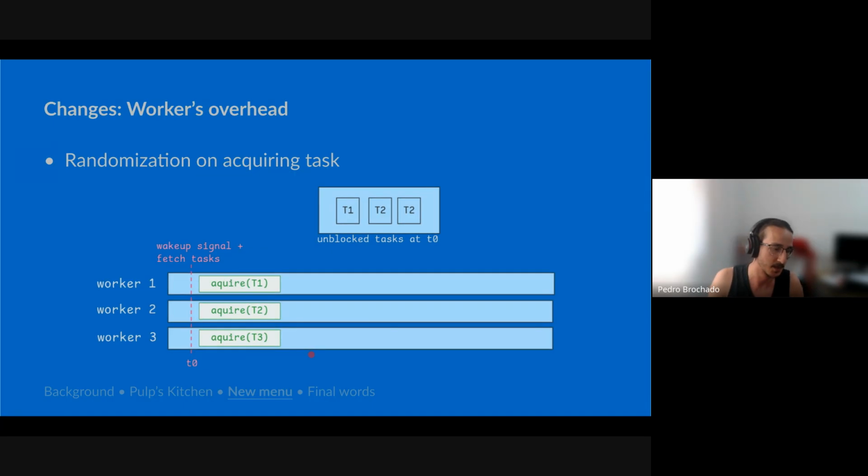And what this little randomization does is that these tasks are unblocked, and it just reduces the chance of a conflict. It's worth mentioning that the order of unblocking still respects the order of when the tasks were dispatched. The randomization doesn't change that, which is something that Dennis pointed out. And it's a very important property of the system.